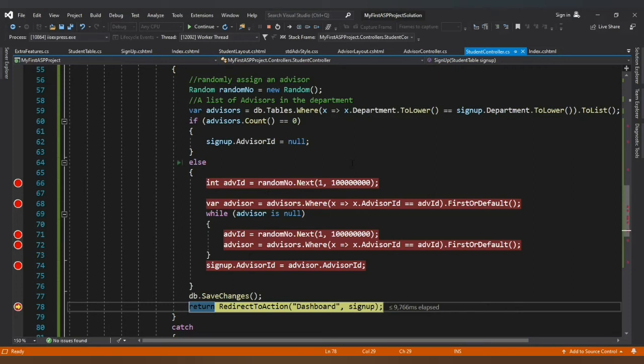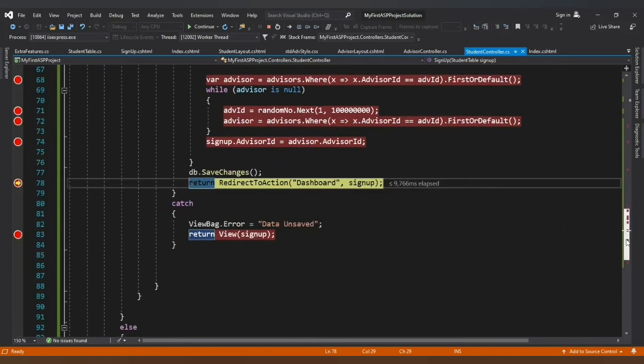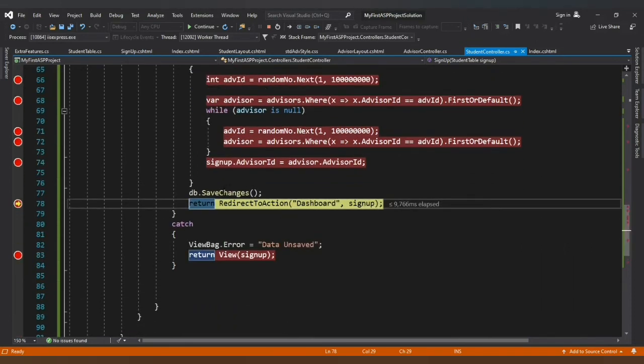So what just happened here was that it counted and it discovered the count here was equals to 0, so the sign up advisor will be set as null, and when it did the save changes, it worked. If it didn't work, it would have gone straight into the catch, but because it worked, it saved the change. It did not show it, so it's going to return us back to the dashboard, which we do not yet have. So I think we could stop this here,